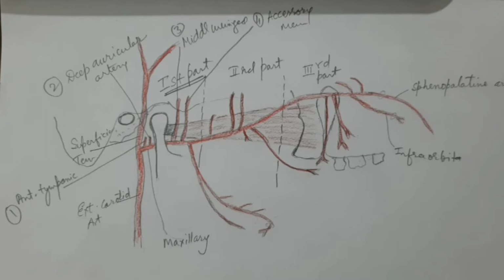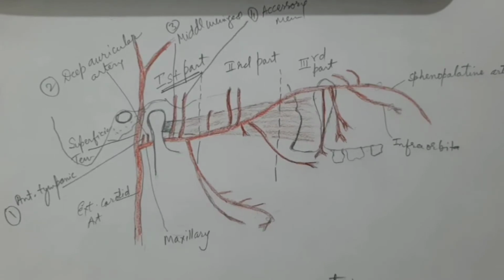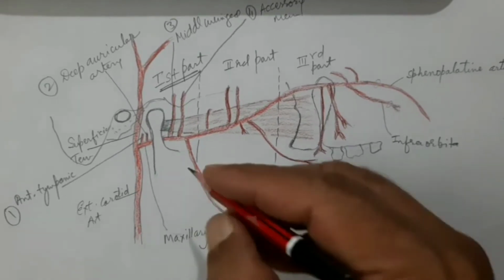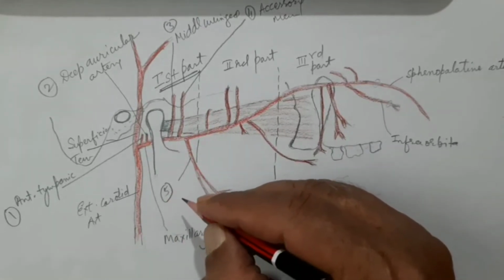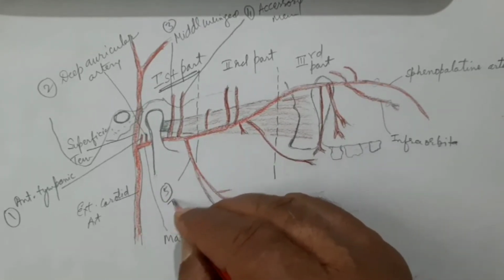And this will also supply blood to the part of the mandibular nerve where it is taking origin from this ganglion. This is the ganglion. This is the accessory meningeal, which passes into the middle cranial fossa through the foramen ovale. Then come to the fifth branch, and the fifth branch is here, and this is called the inferior alveolar